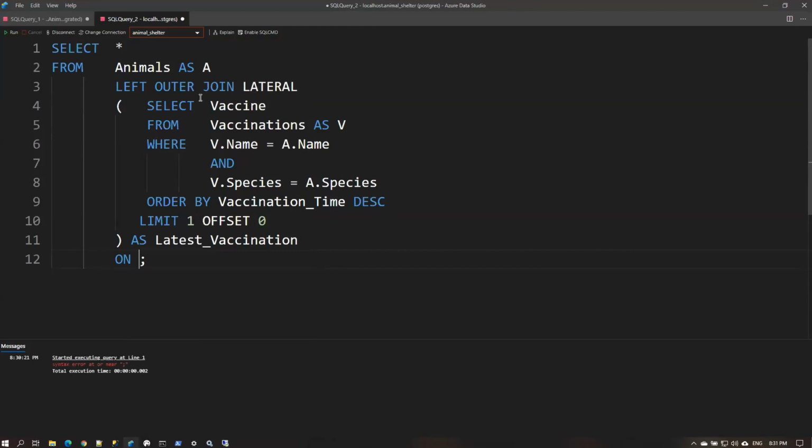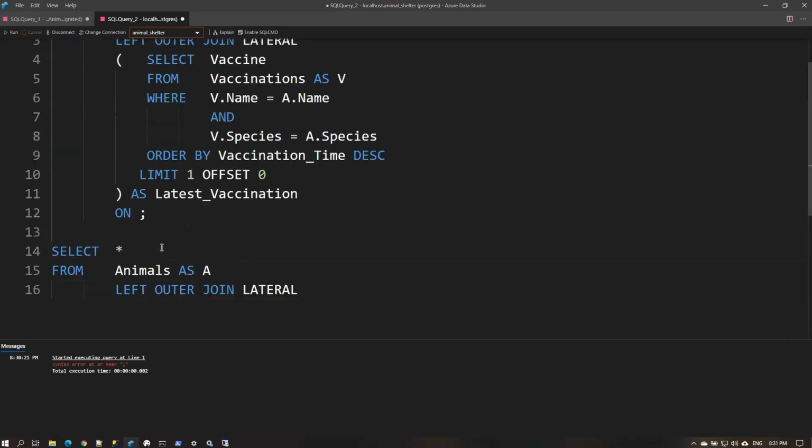So when we do joins not to a query, but we do a join between animals and vaccinations, we determine, let me write this down. Would you just do on 1 equals 1? Yeah, that's very good. I like the way you think. You're almost there. Let's say we do left outer join